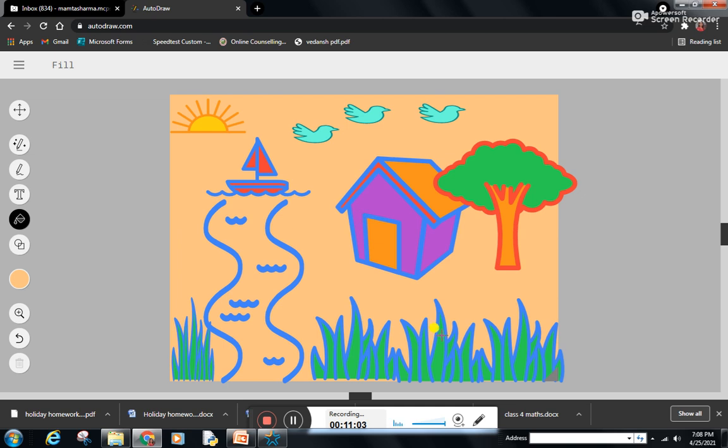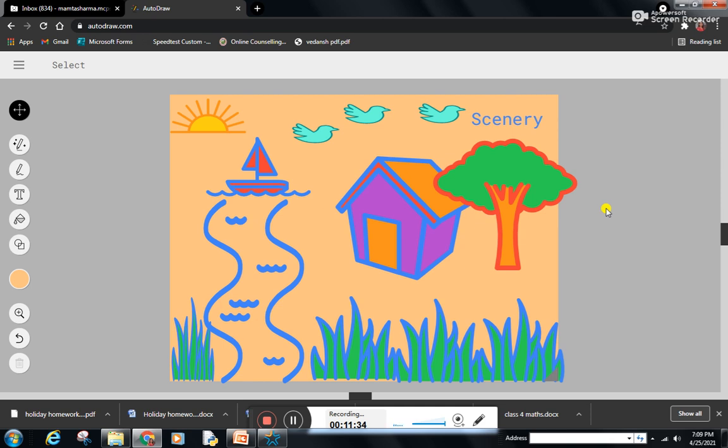If you want to write something, you can click on this text tool or type tool and write. By clicking on the text tool, you can write the scenery, right? You can reduce its size. So this is how you can use all these types.